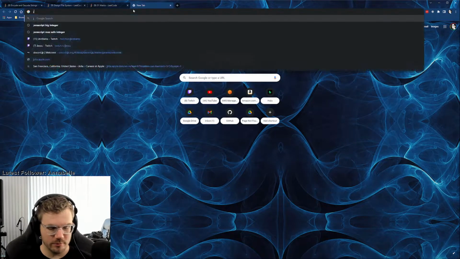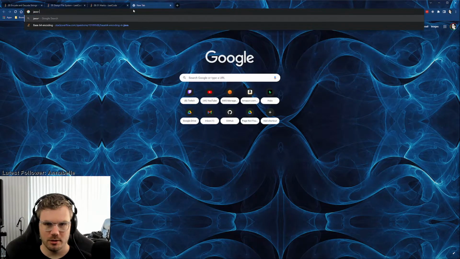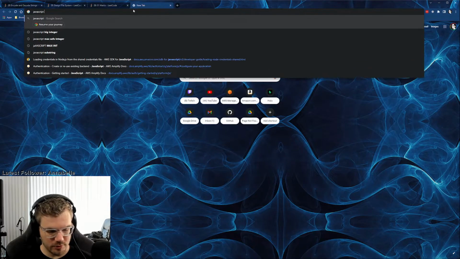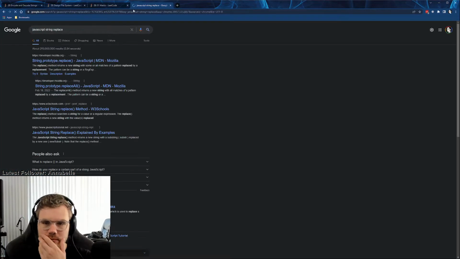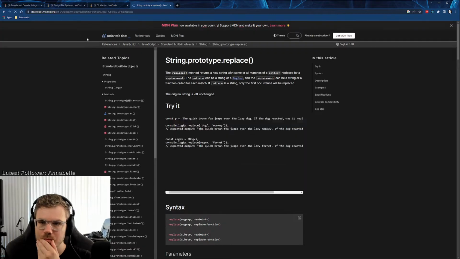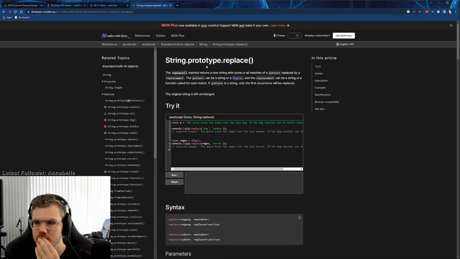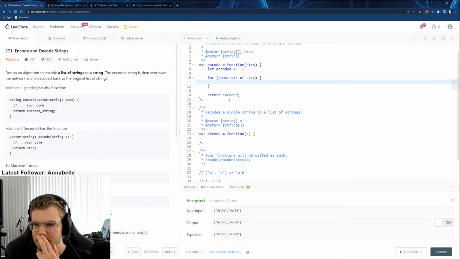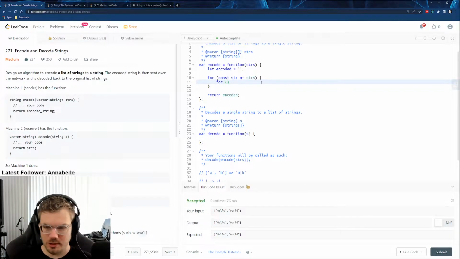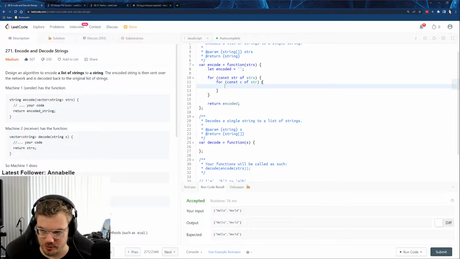I think we probably could use something like that, or a JavaScript string replace. Is that going to be the most efficient, or is it more efficient to do it one character at a time? It's probably more efficient to do it one character at a time. For const c of str, so c being the current character,